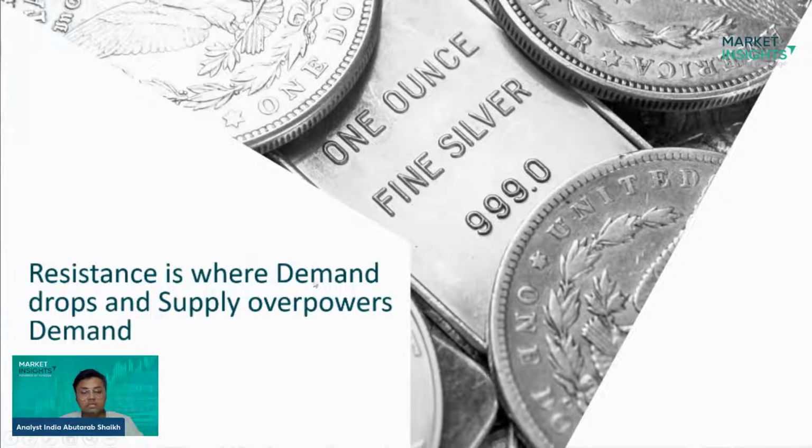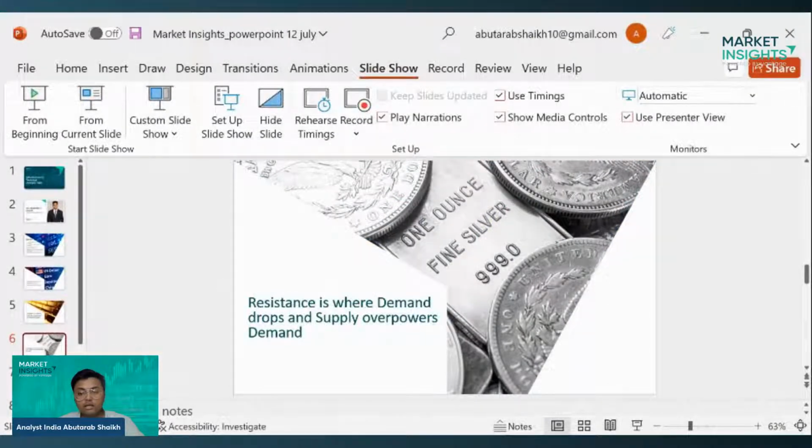The demand is constantly dropping, at a point where the demand gets saturated and it cannot fuel the price any more up. What happens at that point? The supply, the sellers will jump in at that high price and they will start selling. Understood? They will start selling. And what will happen next is that,